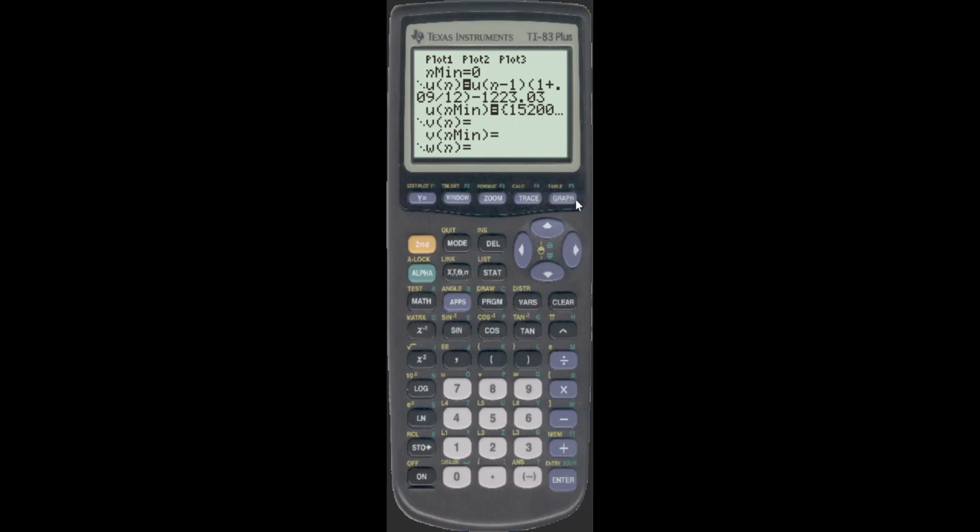So to do it for the table, see how if you look at your table, it's going by 60. We want to change the tables, go to table set, and you want to make your increment by 60. That way, you get the values that you care about. You could also do ask if you aren't comfortable with that. You could change auto to ask and do that. So if I go back to the table,